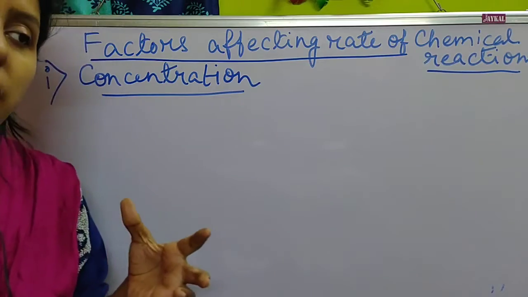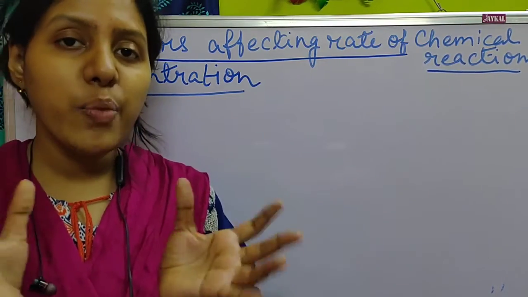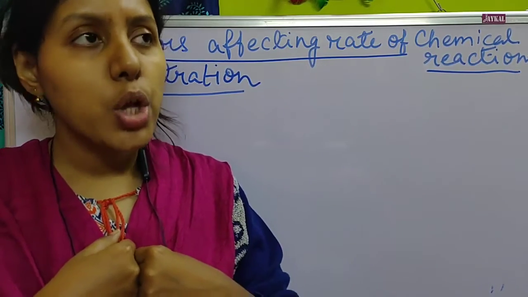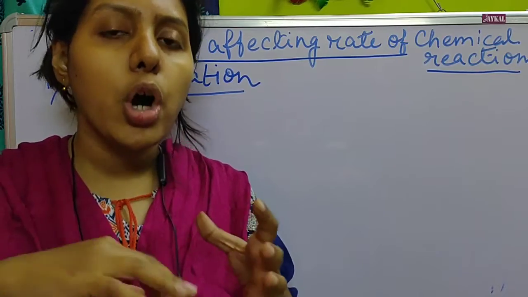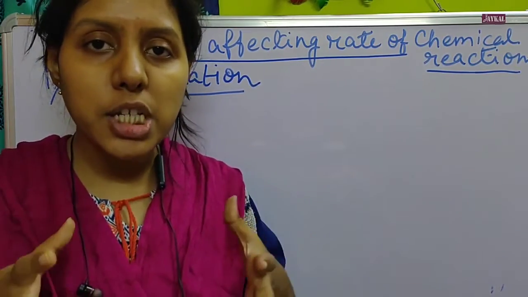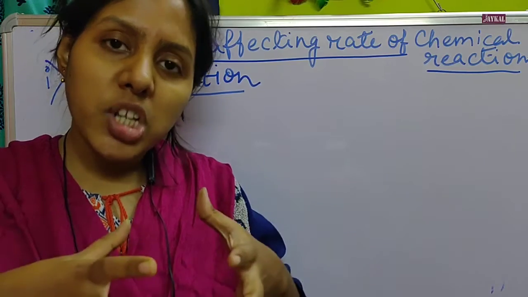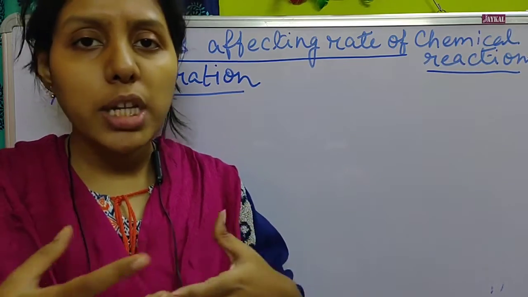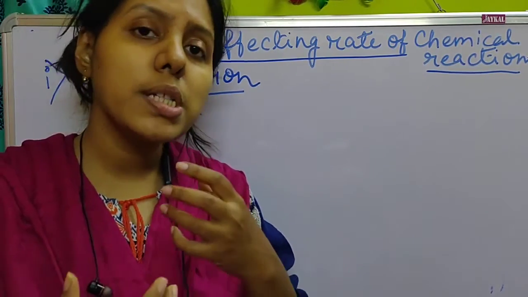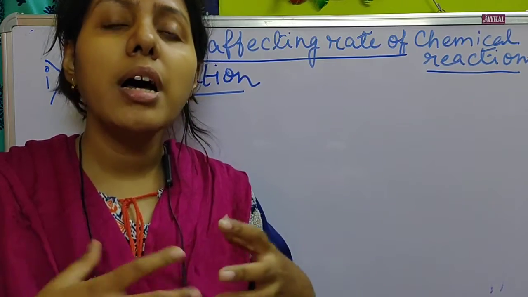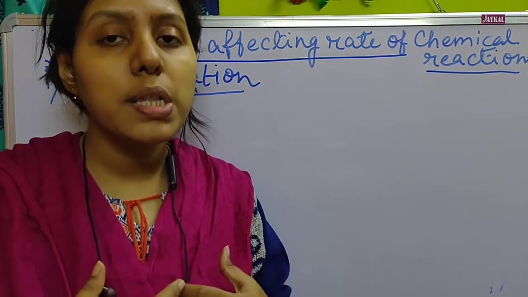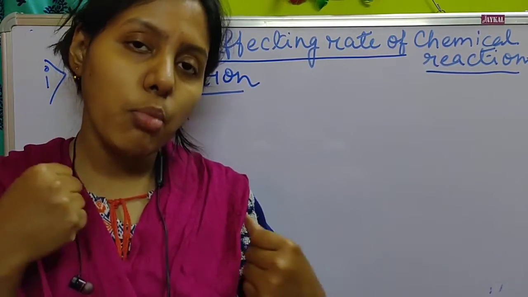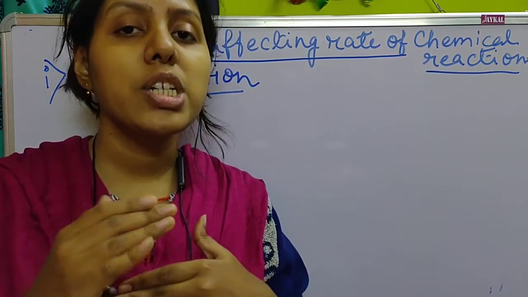That means when two or more reactants are mixed with each other, there are two or three different types of molecules present. When they are placed in the same container, obviously there will be some intermolecular collisions between them, and the more the number of intermolecular collisions, the more the rate of the reaction, because the more they collide, the more it will affect the rate